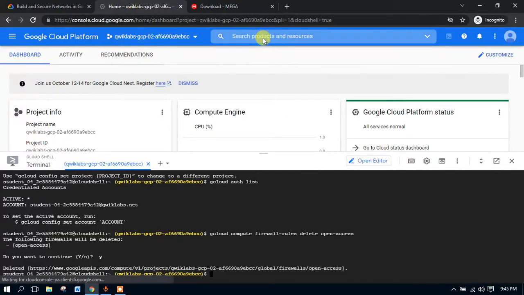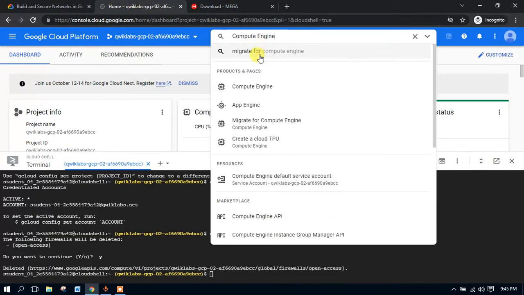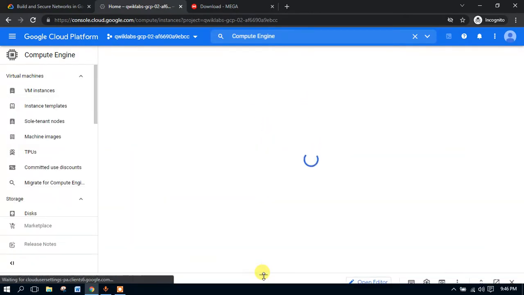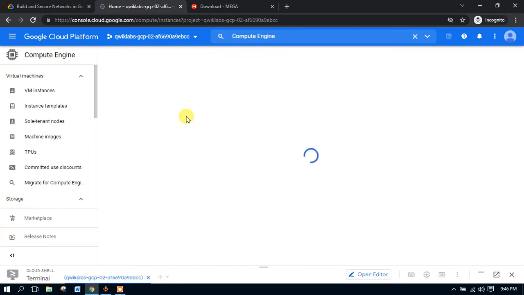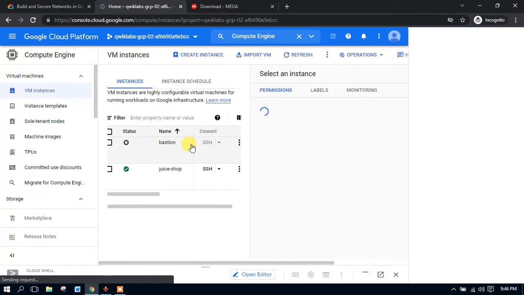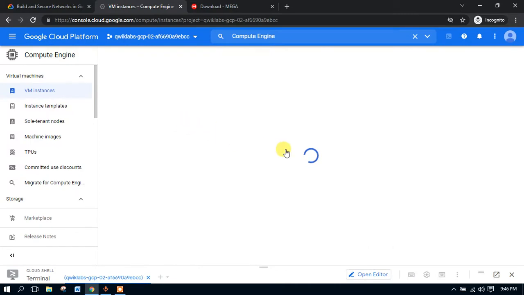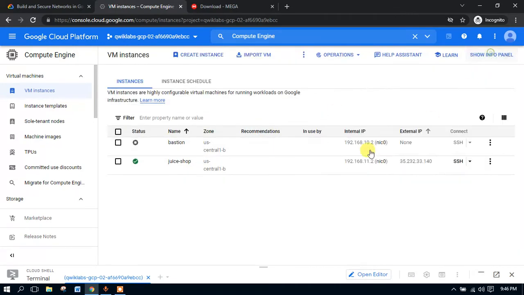Now task 2. Go to the Compute Engine and start the bastion host. Okay, bastion. Go to the Compute Engine, just search for Compute Engine, minimize this one, and wait a few minutes. Yeah, this is the bastion. Close the panel and hide this information so it can be wider.